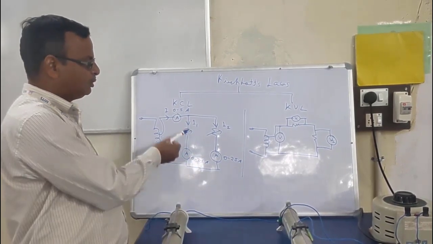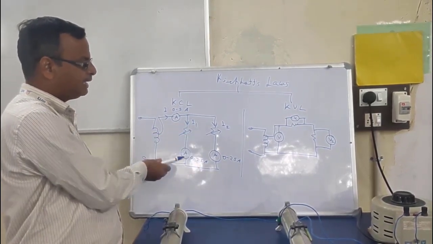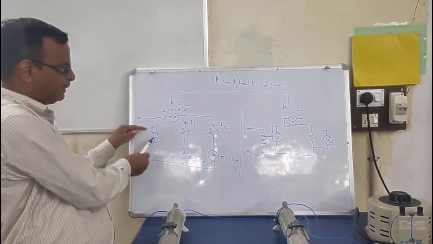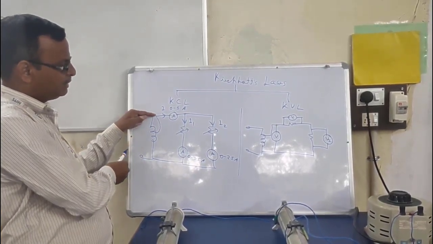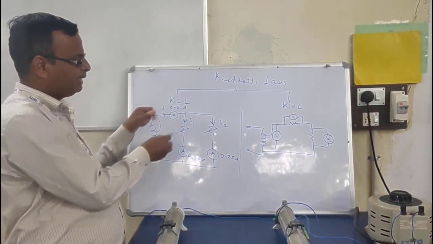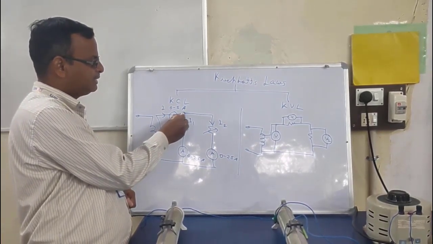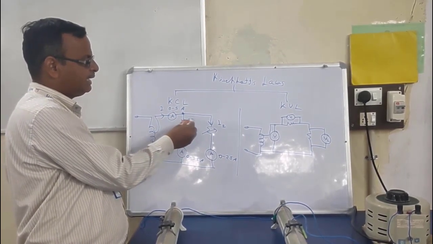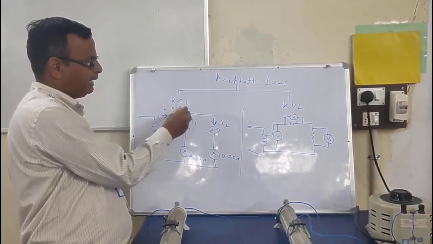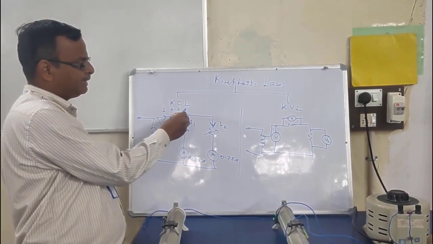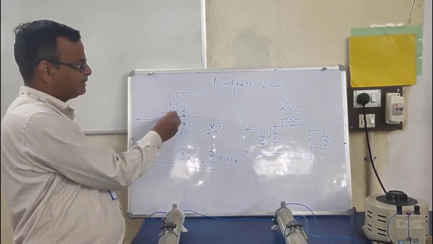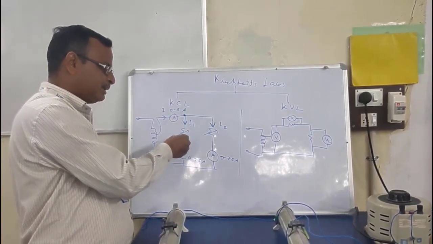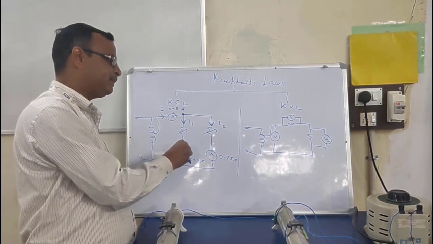It means we consider two resistors which are connected in parallel. Why do we connect in parallel? This is the main supply. From these terminals, a total current I is coming to this junction. At this junction, the current is dividing into two parts. One is I1, the second is I2. If we apply the KCL at this junction, the statement is total I equals I1 plus I2. So this statement we have to verify experimentally.